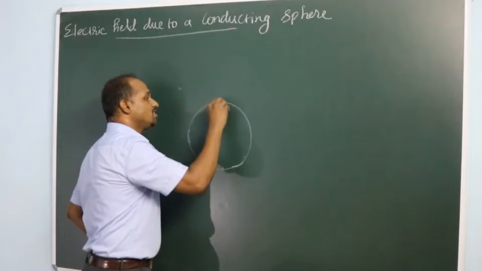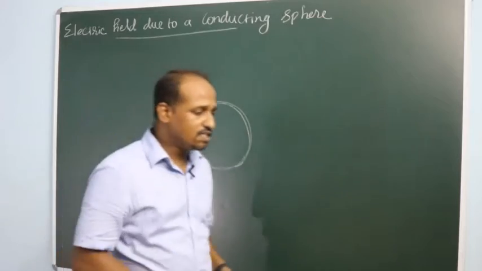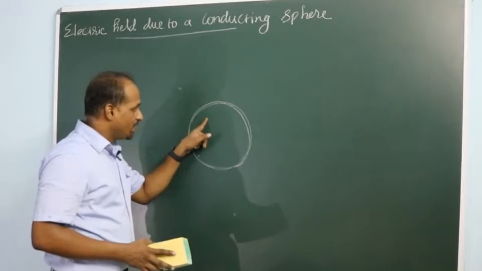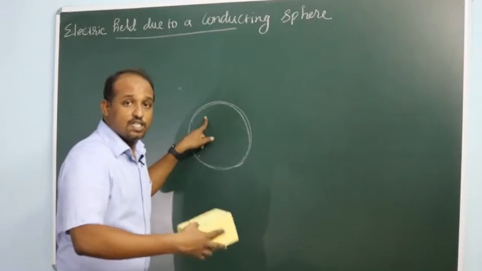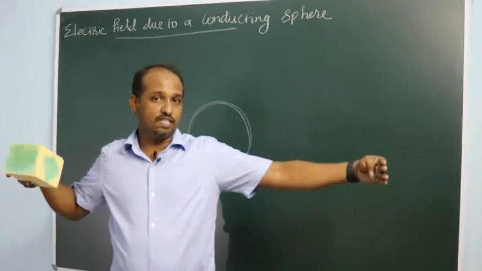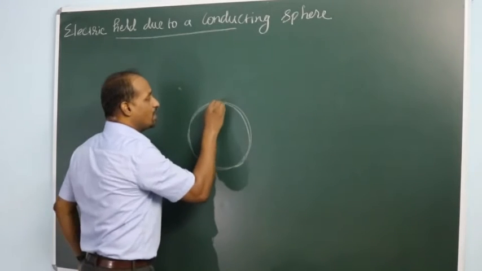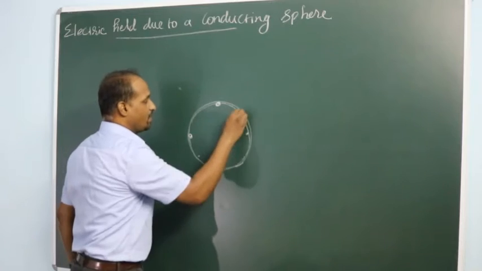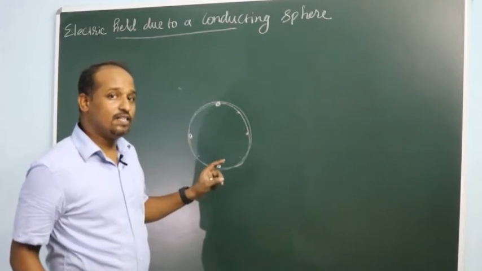So all the charges that are given to a conducting sphere will lie, in any conductor, only at the surface. Even if there is some extra electric field because of the presence of charge, that electric field drives the charges to move around, so they get distributed in such a way that there is a maximum possible distance. The maximum possible distance occurs only when they all lie at the surface. If there is one electron over here, the maximum possible distance for the other electron will be here, this will be here, this will be here. So all the charges given to any conductor will lie only at the surface.